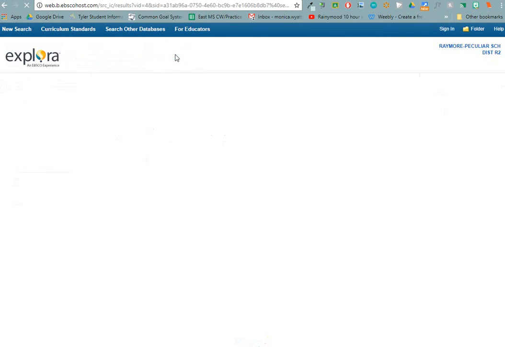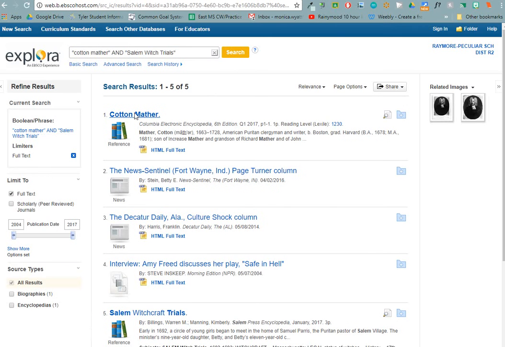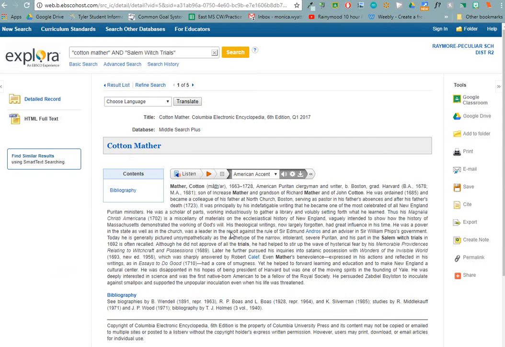So I'm going to go ahead and do this one, and I'm going to come up to this one, and I'm going to do the exact same thing. I'm going to do Control F, Cotton Mather. So now this says that there are 3 types. So let's see here. I'm reading. It says,